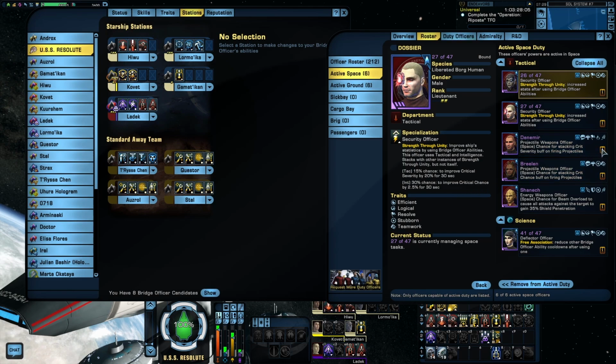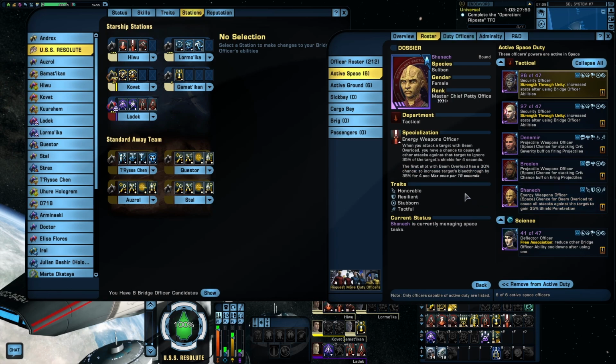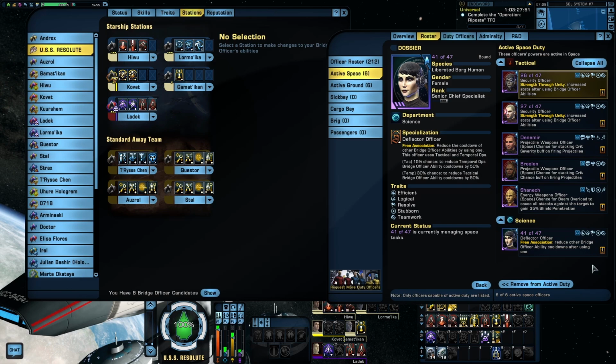Next are a pair of Projectile Officers, one to buff my crit severity, the other for my crit chance. An Energy Weapon Officer to buff my shield penetration every time I activate Beam Overload. While this Duty Officer triggers off of Beam Overload, the shield penetration will apply to all of my weapons. And finally, 41 of 47 to help with the cooldowns of my temporal abilities and my tactical abilities, though I